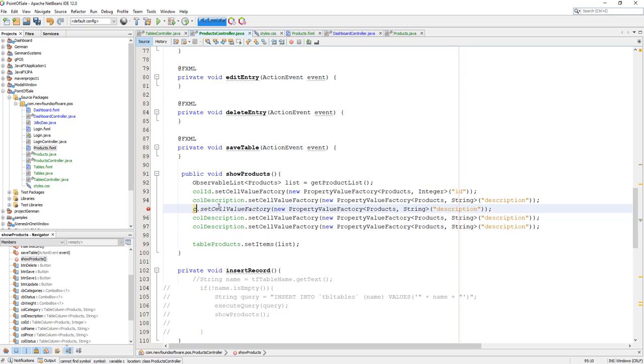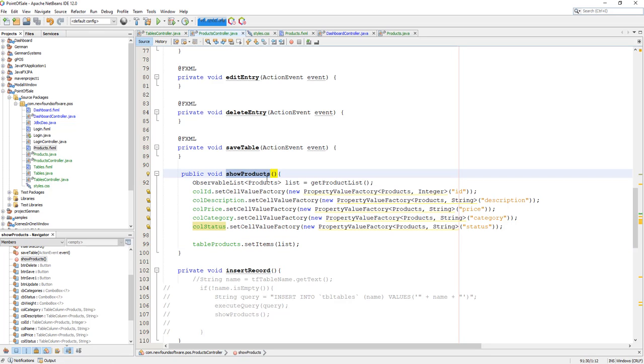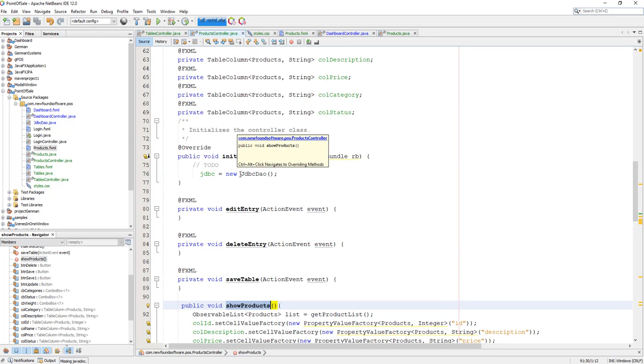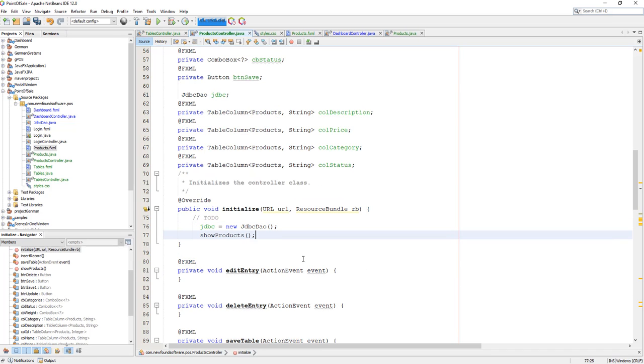This will be for price, category, and status. Price, category, status. Okay, so let us call this particular method inside our initialize method. Okay. Show products. Okay, and clean and build our application first,